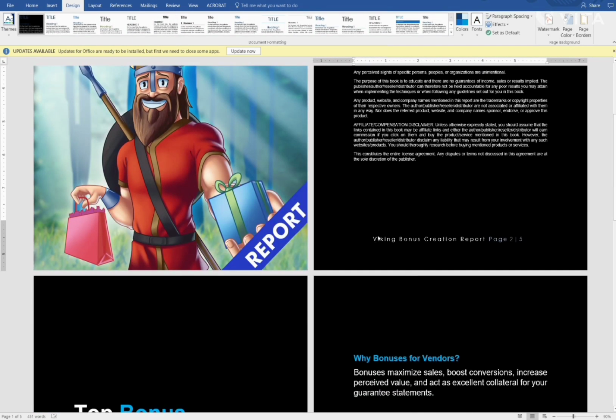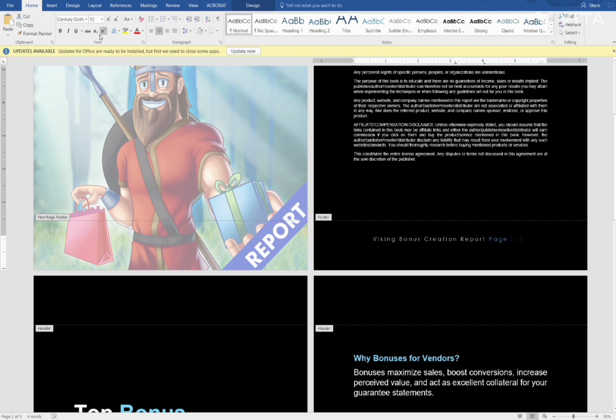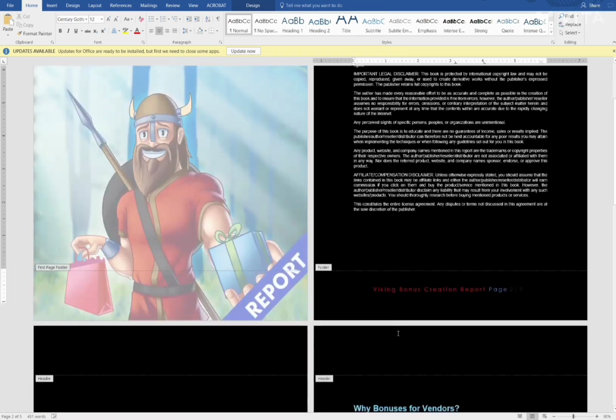It's worth noting here that in the footer area it does not automatically change this text to black if you change the background to white, so you'll want to come in and manually do that. Just up here under home, and you can obviously change colors up here. And you're going to want to come in here, obviously remove the Viking branding from this, replace this image, and